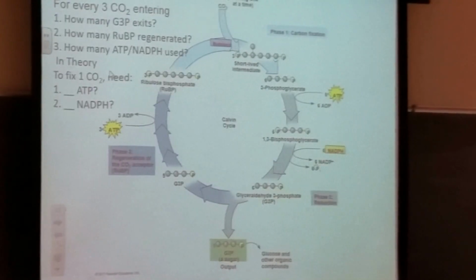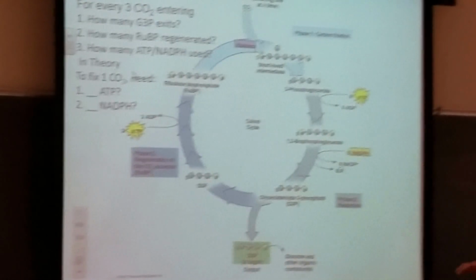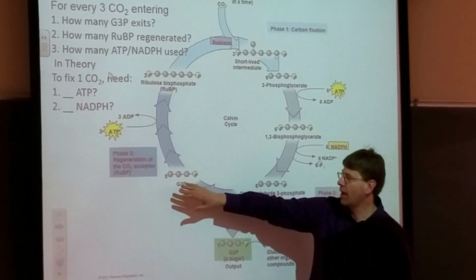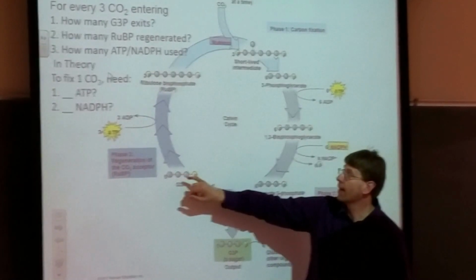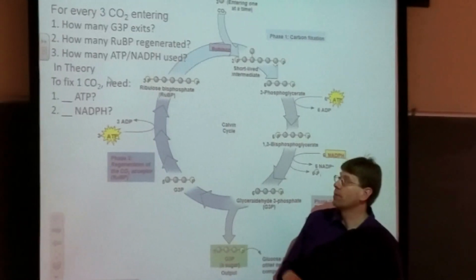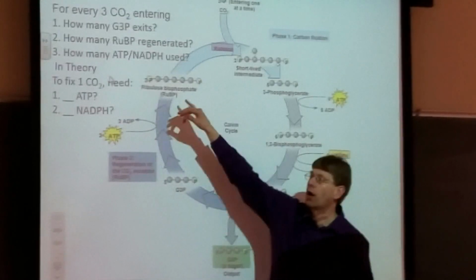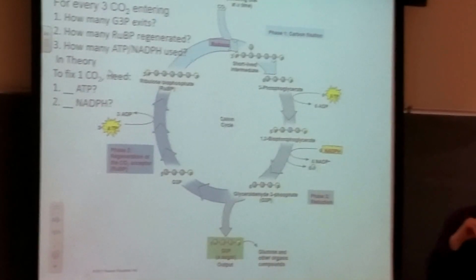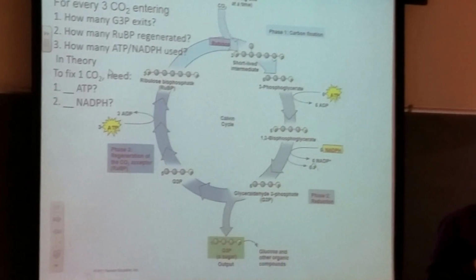In this example, if you have 5 G3Ps, that will get rearranged into 3 5-carbon RuBPs, just so the carbon stoichiometry stays the same. And for 1 CO2, you need 3 ATP